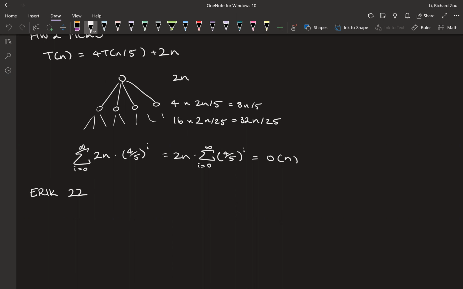So for A, let's think about this. Legal arrangement of all the dominoes in D. Let's see here. I'm thinking that this can just be solved using kind of like a greedy solution, because okay,